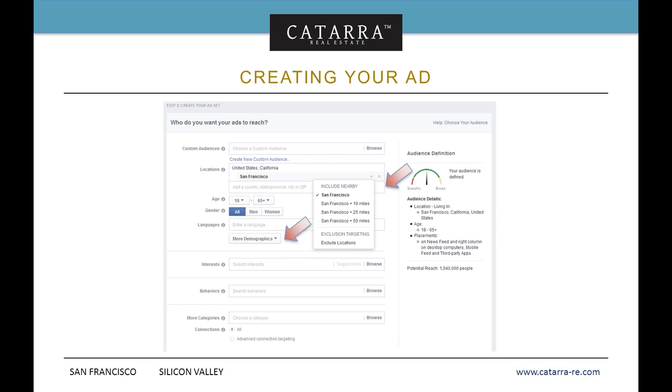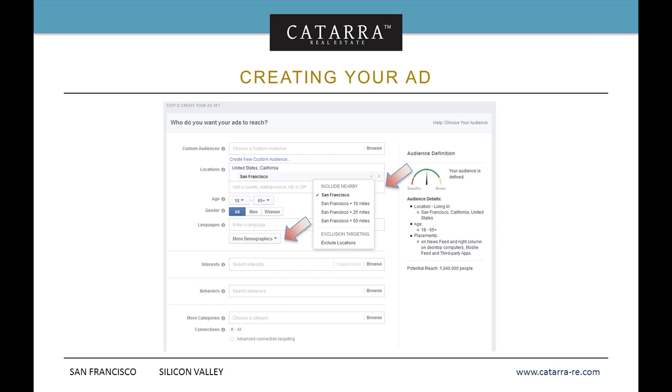So putting in a city name, if it's too big, is going to be a waste of time. Your ad's going to hit so many people and be so generic that you're just going to be all over the place. So you're going to want to narrow that down to a zip code if you can. If you can't, there's no map-based geography. You'll see there it says add a country, state, province, city, zip. Zip's the only way to go. If you can't do anything beyond that, there are other ways to narrow the audience. But you want your audience to be somewhere between 10 and 30,000 people, just depending upon where you are.